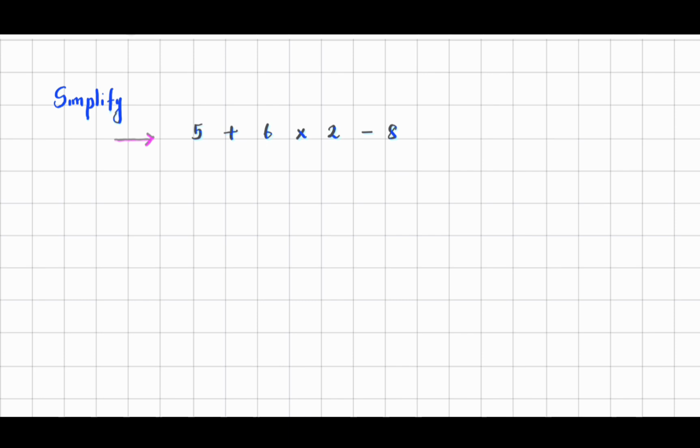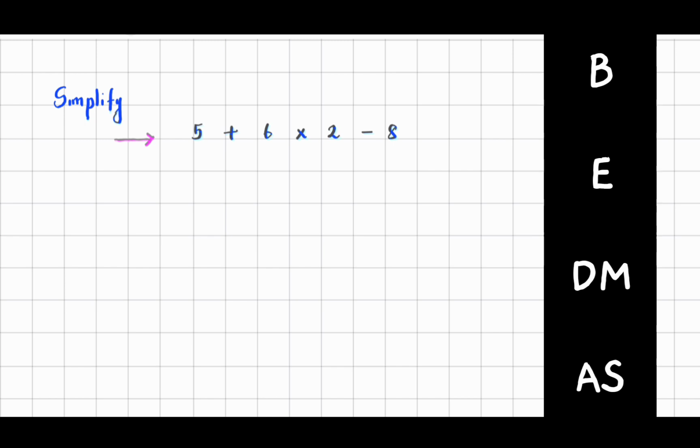Okay, first one. How do you work out 5 plus 6 times 2 minus 8? We know that we have to do multiplication before addition and subtraction. Remember BEDMAS, where the letter M comes first before A and S. So first, 6 times 2, which equals 12. The thing is, just copy the others. I mean, write the others as they are from left side to right side. It helps us avoid mistakes. So we have 5 plus 12